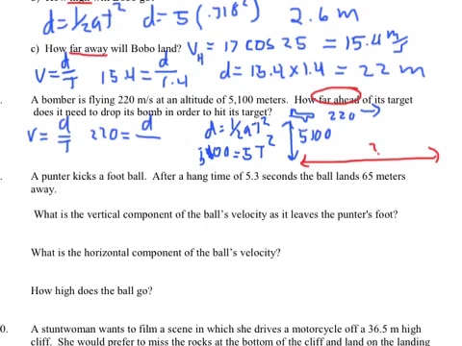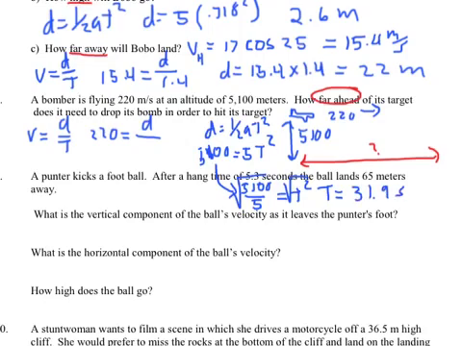Really how I'm going to solve that is I'm going to have to just move down here if you don't mind. 5,100 divided by 5 equals t squared. So I have to take the square root of both sides. When I take the square root of that, I find that the bomb is falling for an amazing